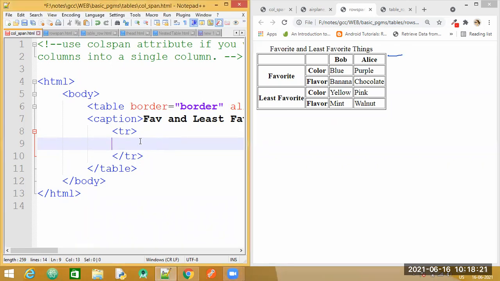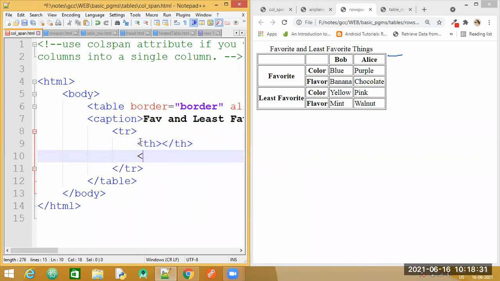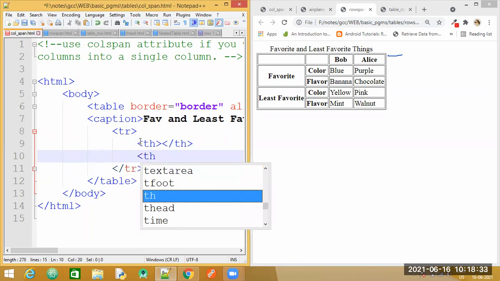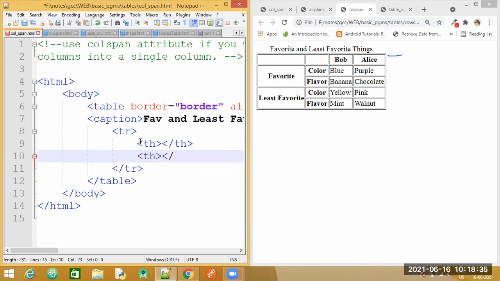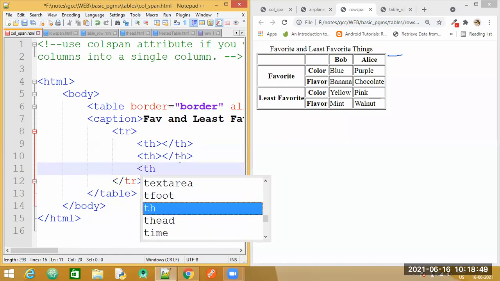Inside this row, I need 2 empty cells now, because here we need not specify any row span or column span. Next, in this first row, we need to create another 2 columns which contain the data, the headings Bob and Alice. So another heading.